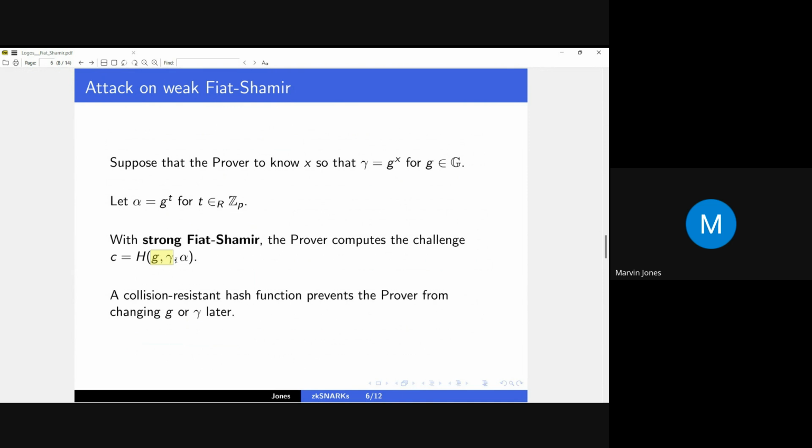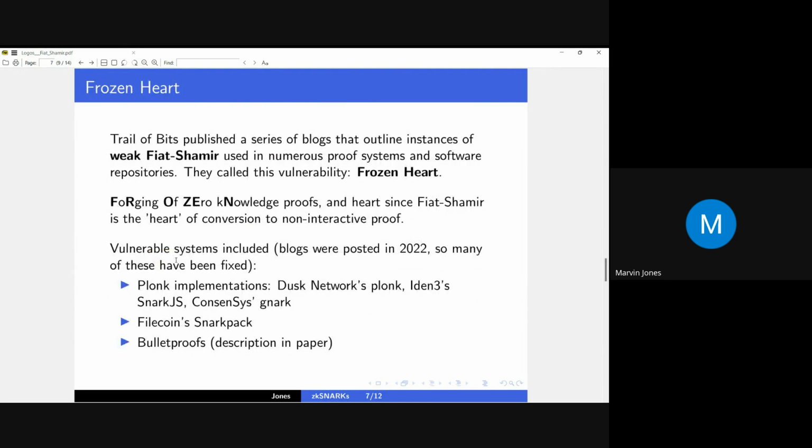I know the weak Fiat-Shamir and strong Fiat-Shamir definition I saw was certainly 2012, I think, and I'm sure experts knew, we'll phrase it that way, of this being a problem early on, but just because experts are aware of things does not mean it has trickled out in practice to everybody in the field or engineers. And as a result, we see in 2022,